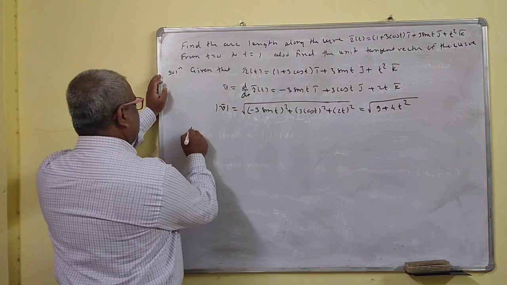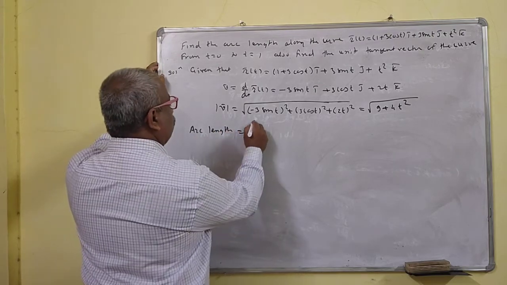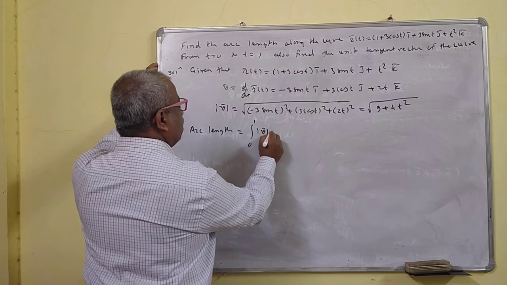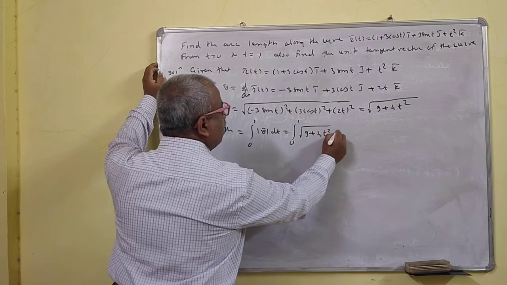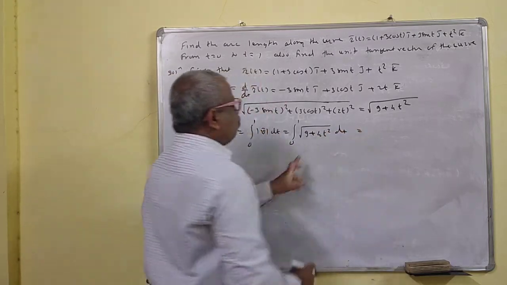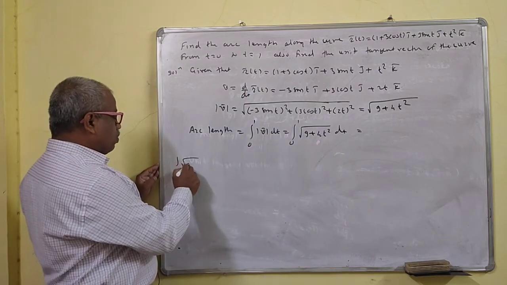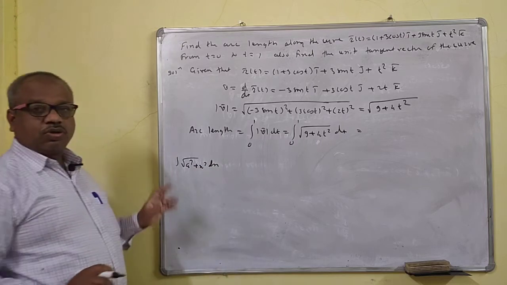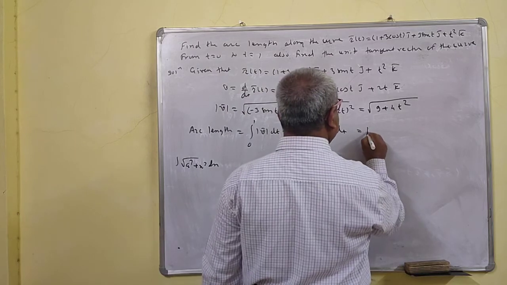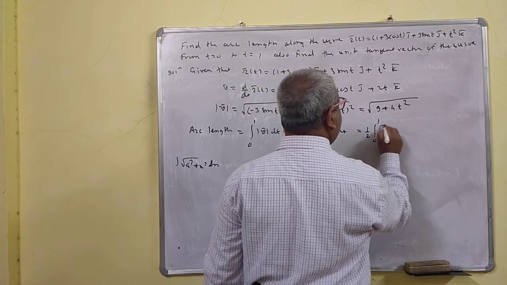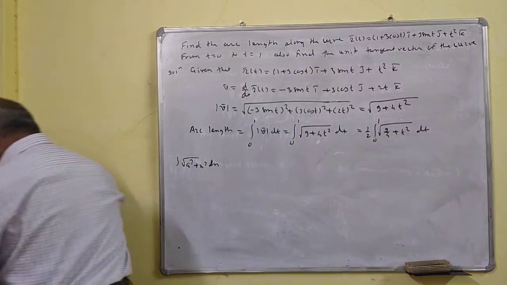So now the arc length, with t from 0 to 1, is the integral of mod of v bar dt. So this is the integral from 0 to 1 of root of 9 plus 4 t square dt. You have to take the 4 common and make the coefficient of t square 1, because you know the formula for the root of a square plus x square. Therefore you have to take the 4 outside. So this becomes half, the integration from 0 to 1 of root of 9 by 4 plus t square dt.